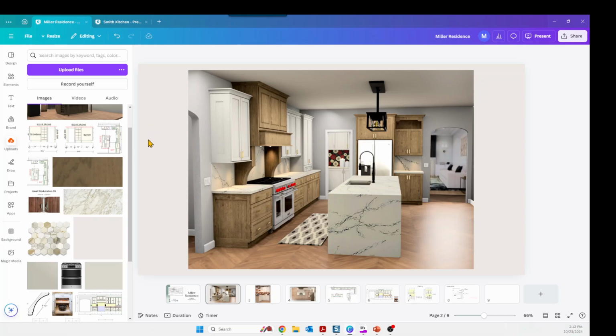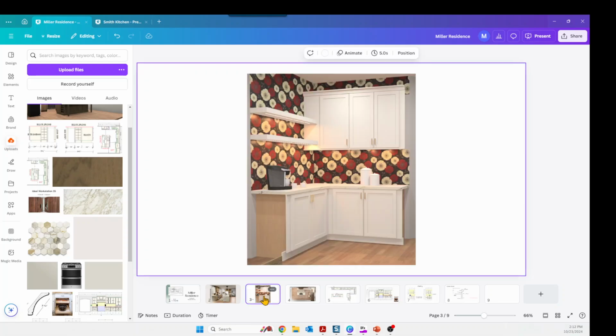So if I wanted to use my wall color as the main color for the background of my pages, that's a really great way to customize and make things very detailed to the homeowner and their actual project. So on this one, I think you guys remember, if you were here, I kind of just pulled in some